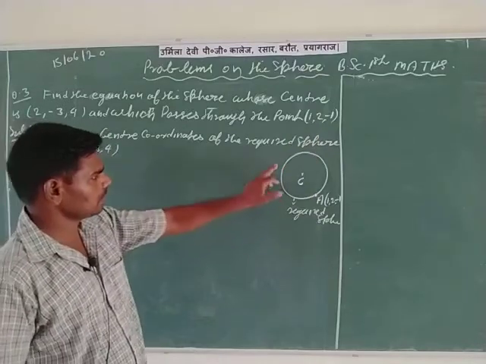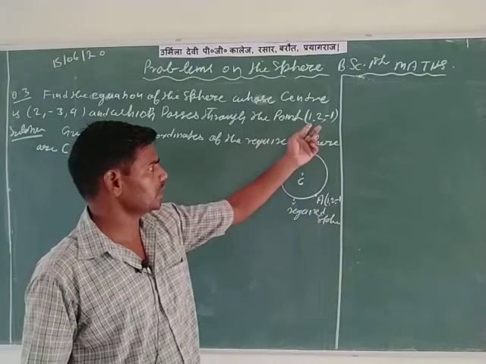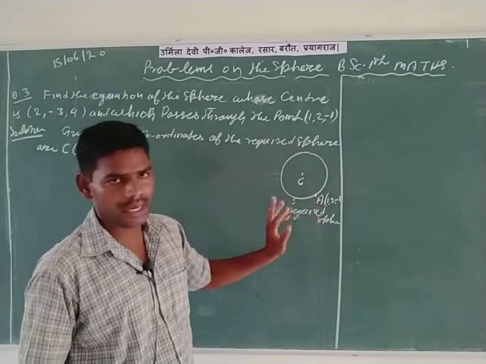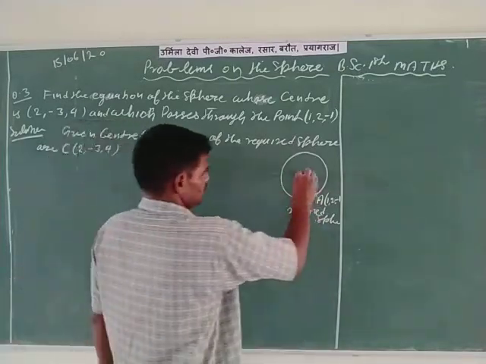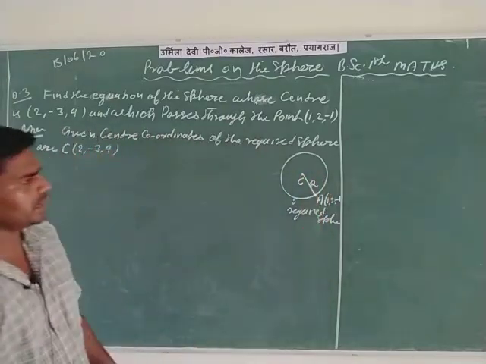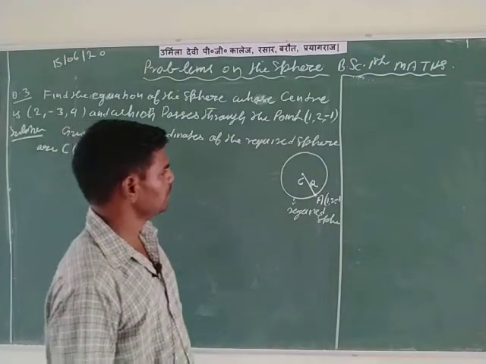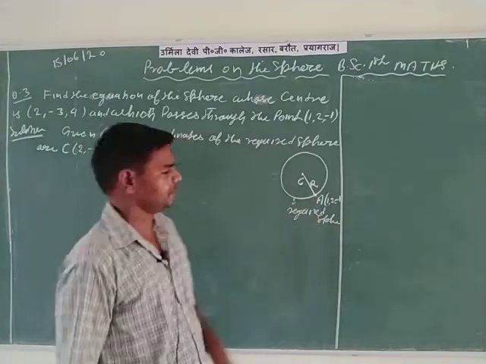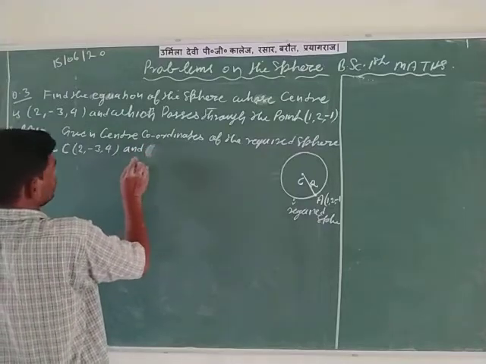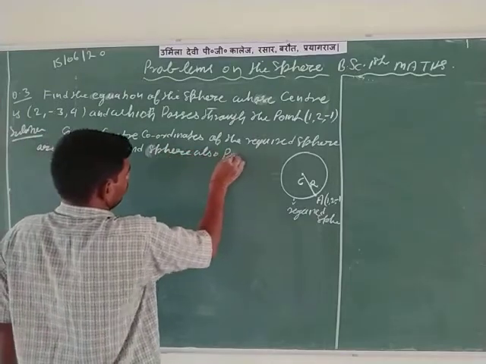According to the question, the required sphere is passing through the given point A, whose coordinates are 1, 2, -1. Then the distance between C and A, the passing point, is the radius, denoted by capital R. The radius of the sphere is R, which is equal to the distance CA, and the sphere is also passing through